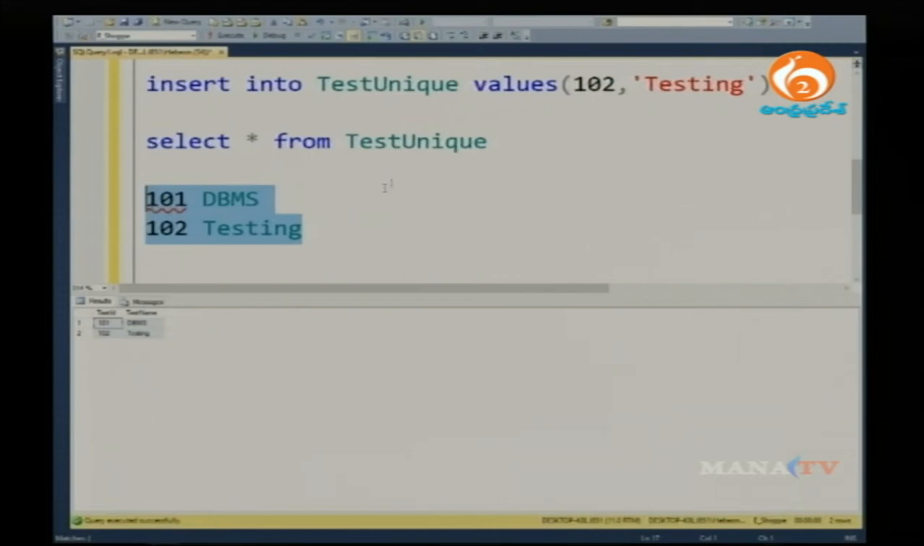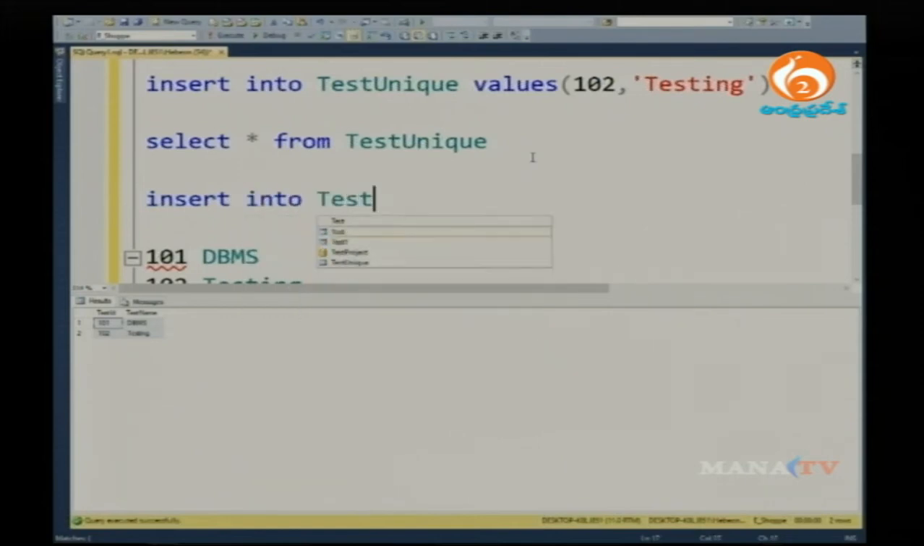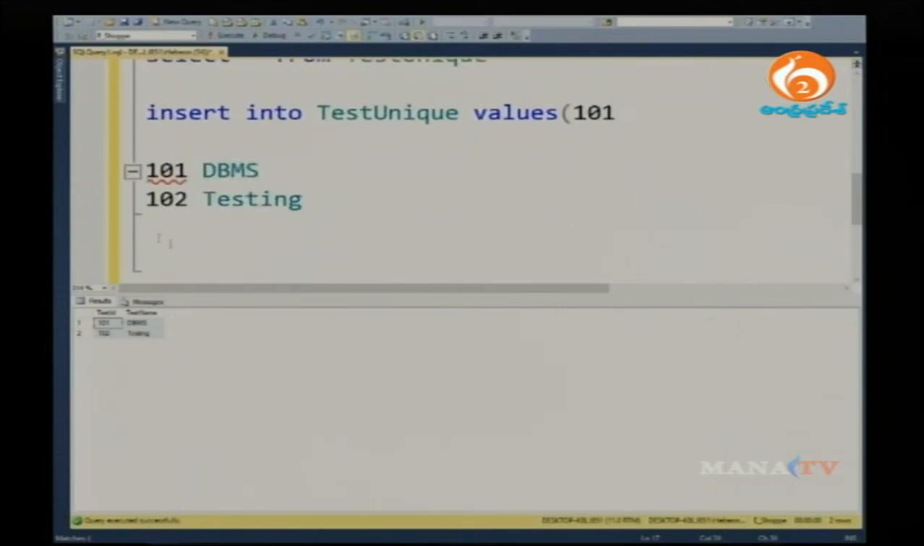So now my intention is to insert one more record into the same table, say task unique value 101. See that I already have 101 in my table. Explicitly what I want to do is insert 101 again into my same table now. So when I am trying to insert into this particular table, let's say application,